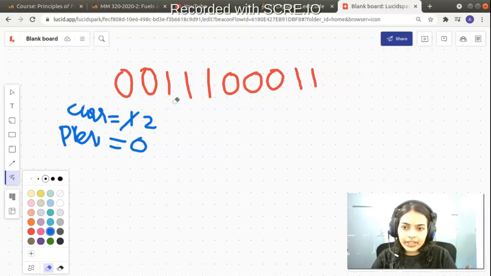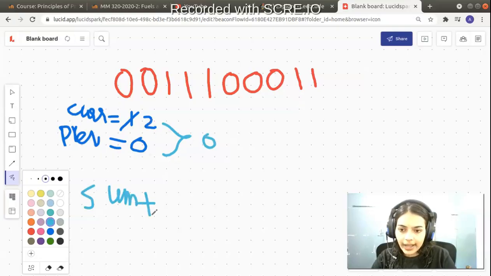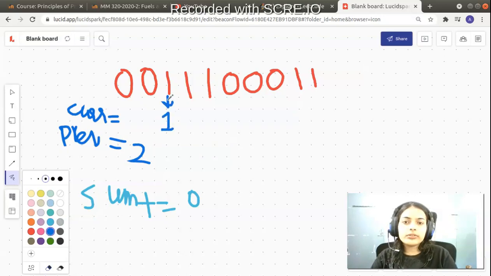So what do we do? We just do one thing. We note the minimum value between current and previous, as we had seen in the logic. So minimum value between 2 and 0 is 0. So right now our sum will just increment by 0. Okay, let's go over the entire logic, and then it will be more clear. And then what we do, we again change our previous value. We change our previous value to current. So current is 2, so now previous becomes 2, and then current becomes equal to 1. Okay, for this particular element. So let's go over the entire string, then I think it will be clearer.